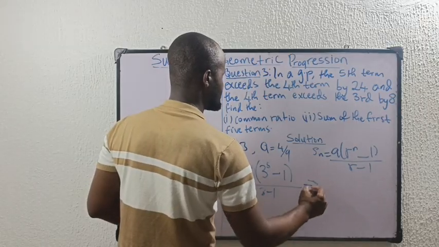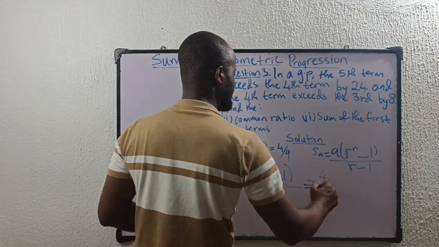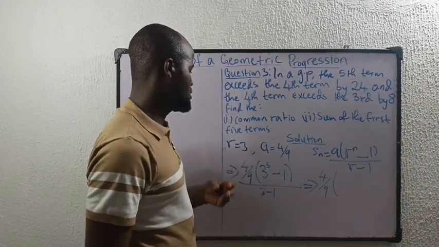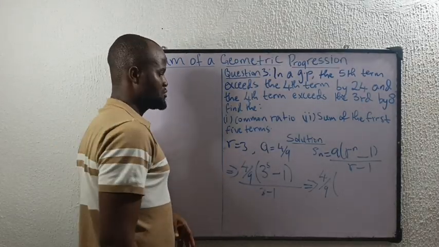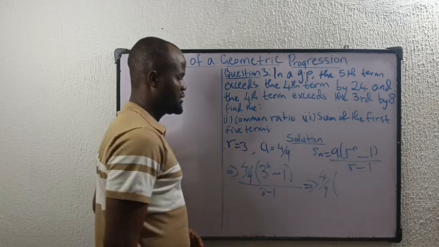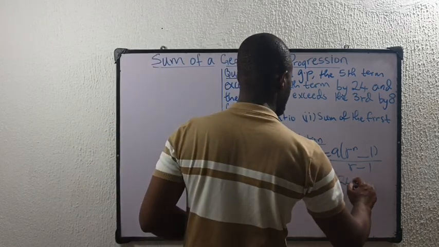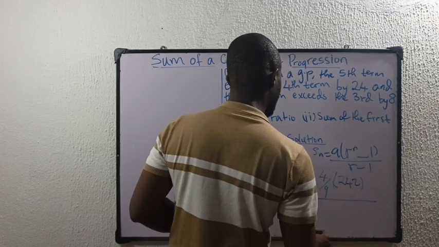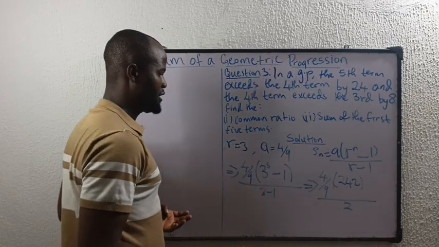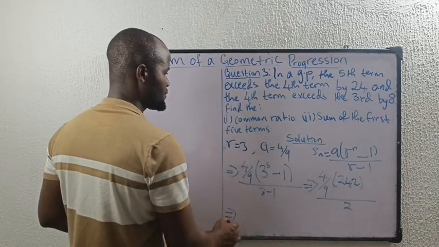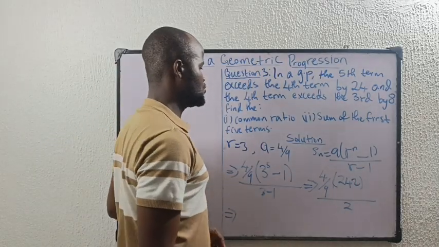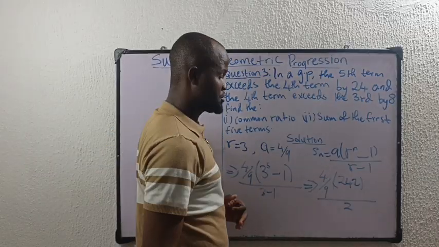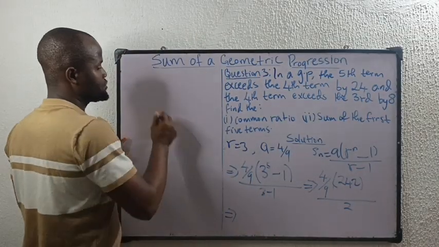Now this implies, so my 4 over 9 is still here, multiplied by, so what's my 3 raised to the power of 5? It is 243. So 243 minus 1 is 242. So all divided by 2. Okay, so this implies, so my 242 multiplied by 4. What's 4 times 242? And that gives us